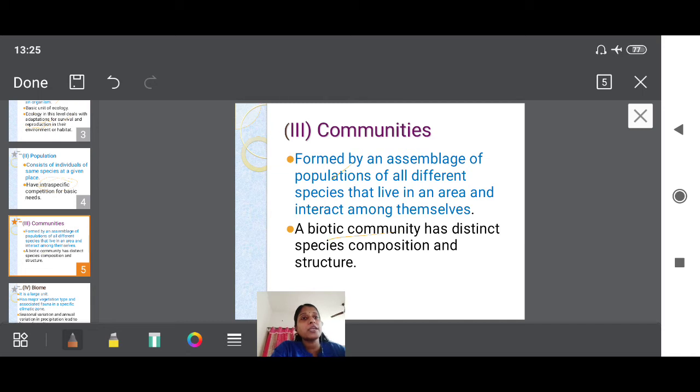So whatever biotic community you take, for example hills, or a desert, or a plain, the biotic community over there has a different composition. Composition means what? They will be different from one another. The same type of plants, same type of species found in South India will not be visible in North India. There will be some adaptation, some changes in their composition, their shape, everything will be somewhat different, okay. So there is a specific composition for different biotic communities, okay. So that is regarding community.